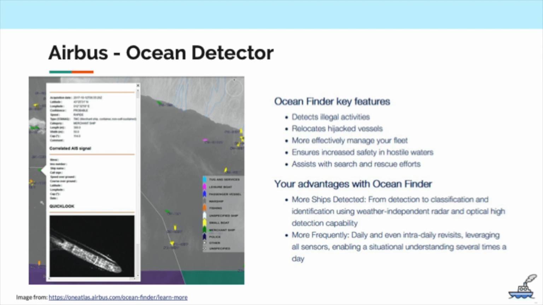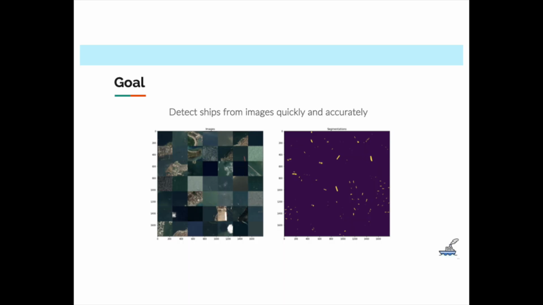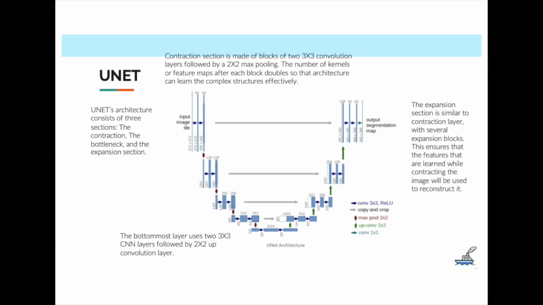illegal fishing. Companies like Airbus have developed technologies to monitor the seas and allow users to detect any unusual shipping activities with their monitoring products. Thus, it is easy to see why it is useful to have a machine learning model that can identify ships quickly and accurately. The machine learning model we are using to detect ships is a form of neural network, which